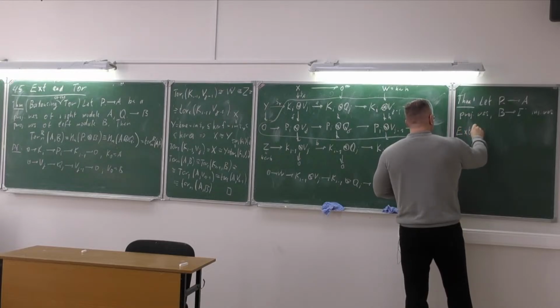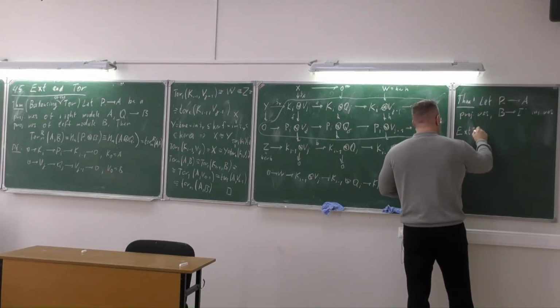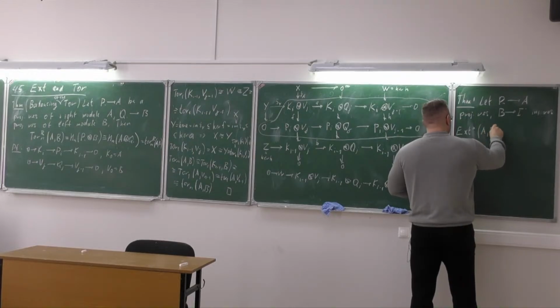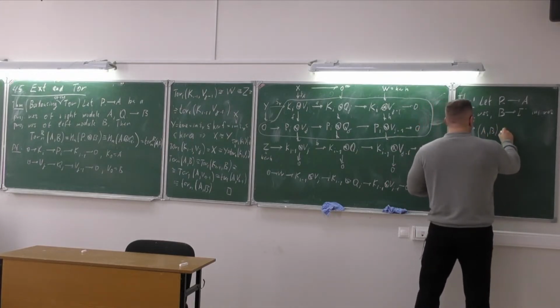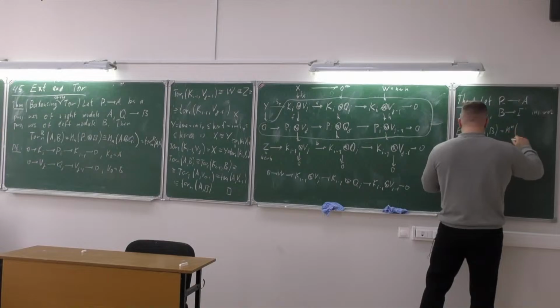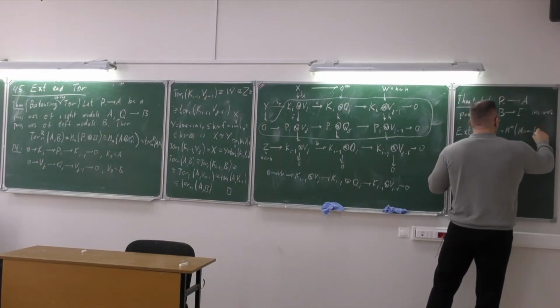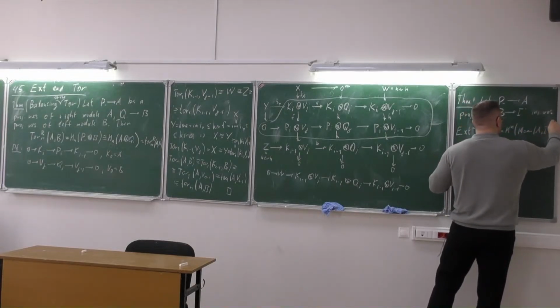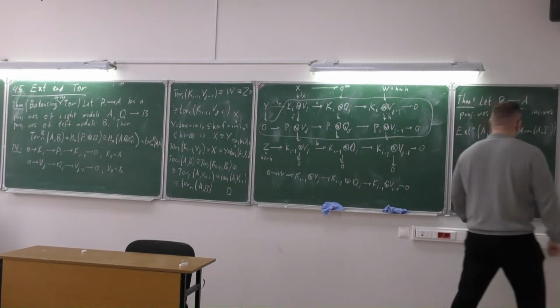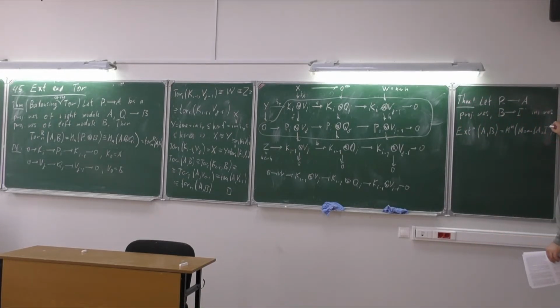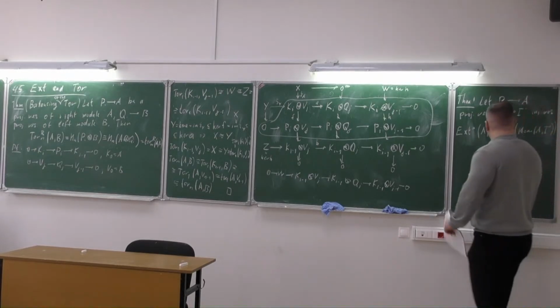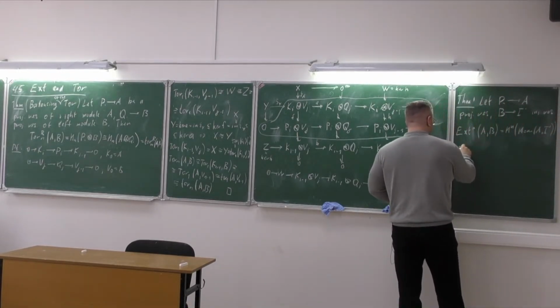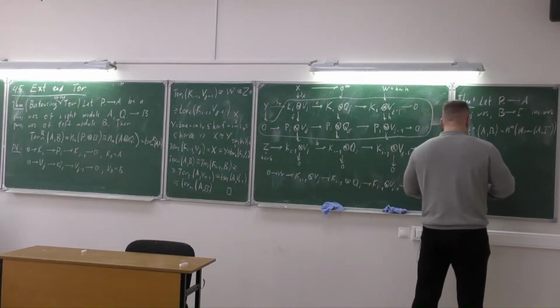You can take the Ext with the index n between A and B. So we define this to be the homology with the index n of the Hom from A to the injective resolution. Remember that we define this to be the right-derived functor, right? So it means that the first argument is fixed, and I need to replace B with the injective resolution. And so again, this is just definition, nothing happened here, but this is also isomorphic to